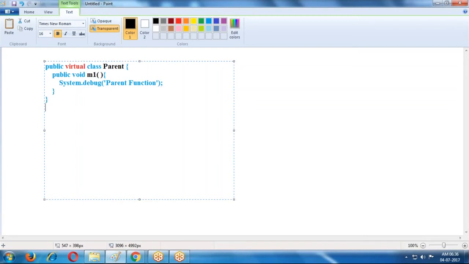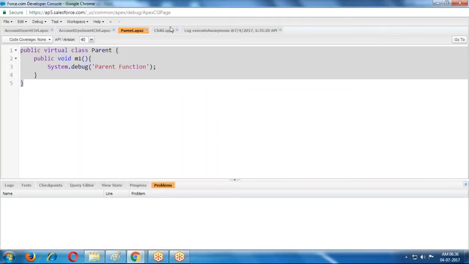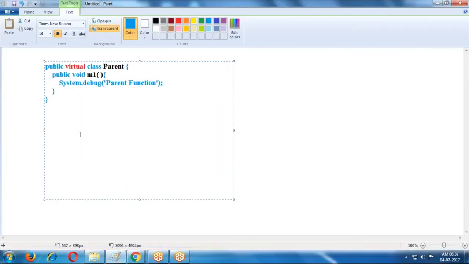Now we have one more class. What is the one more class? Child class. In the child class, we have one method. M2 is the method.